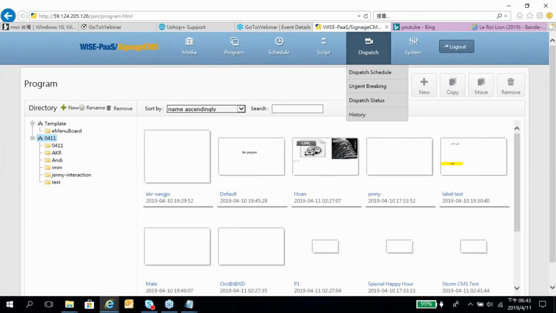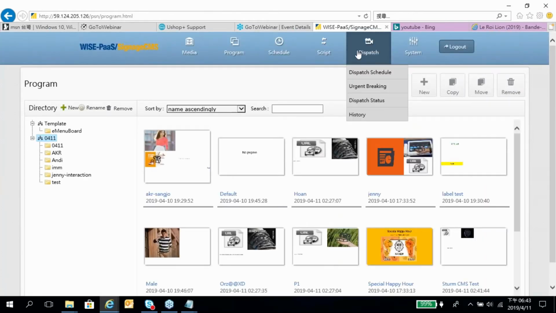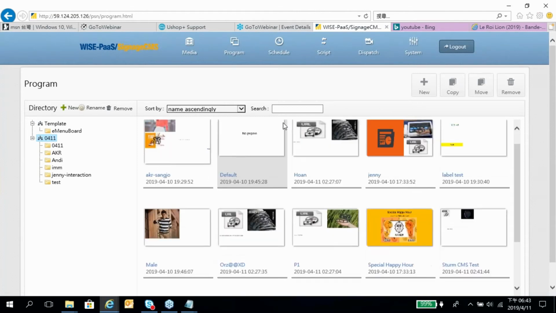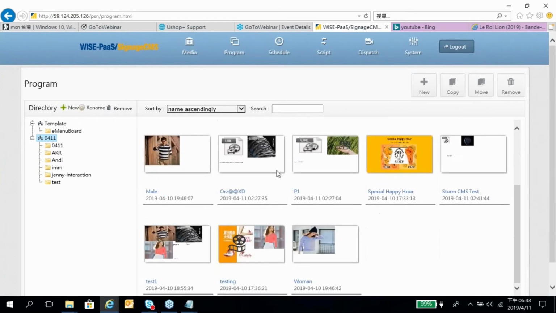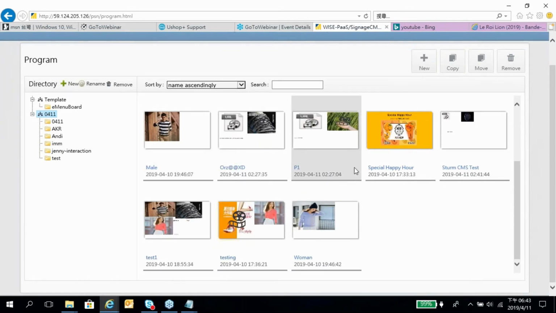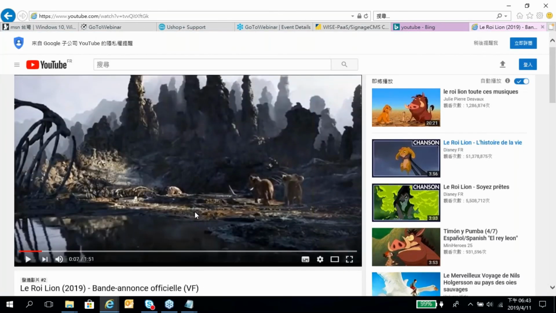When you dispatch, you can dispatch to your own PC and see if the result is okay or not. But for the URL, then it shows the YouTube page. If you want to only display the YouTube video, you can use the